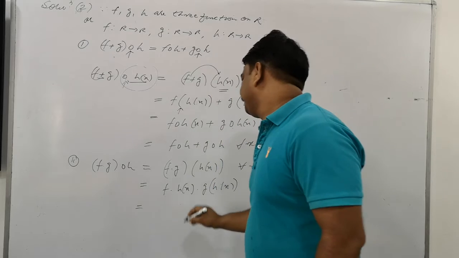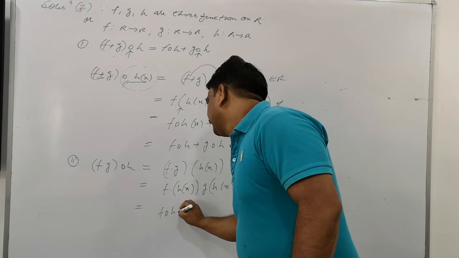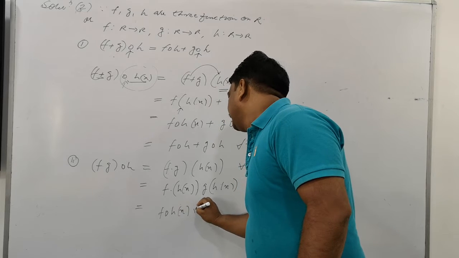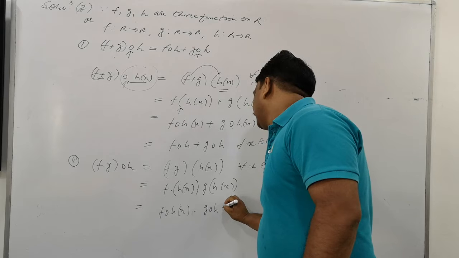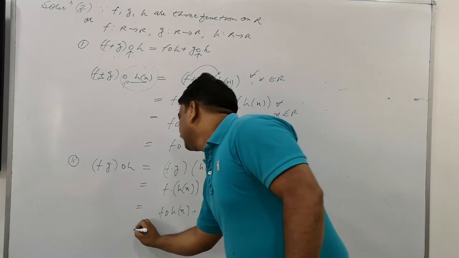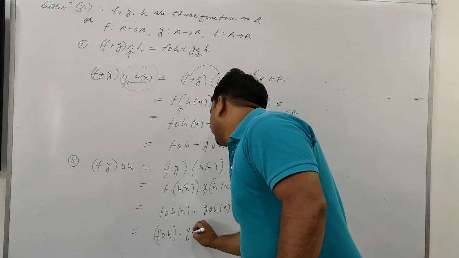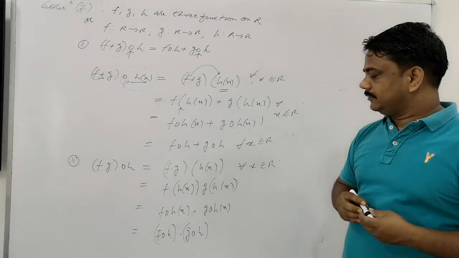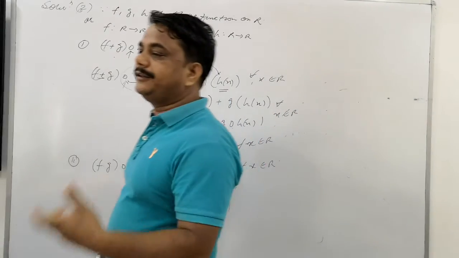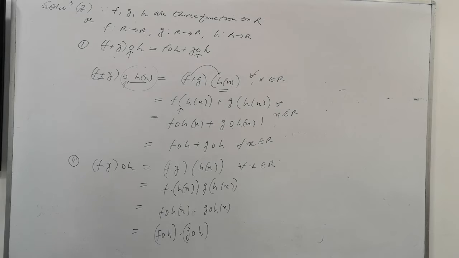Further, here it is. So f into... here into is to be taken here, and g of x is to be taken here. Further, f into g. Is that clear? Hence proved. This is also for the divisions, provided that f by g should not be 0. g must not come 0.